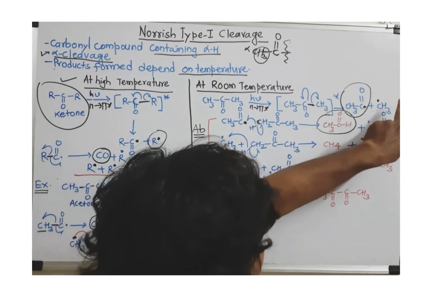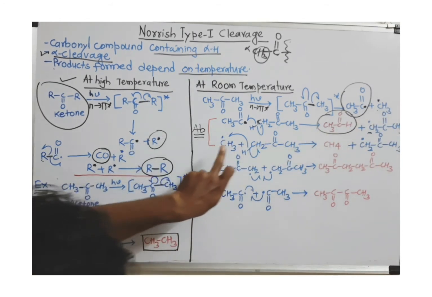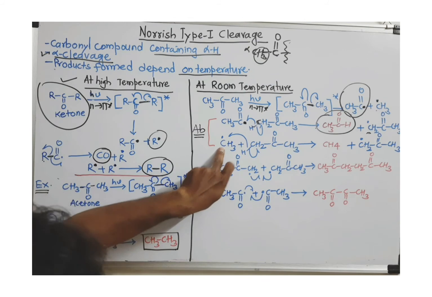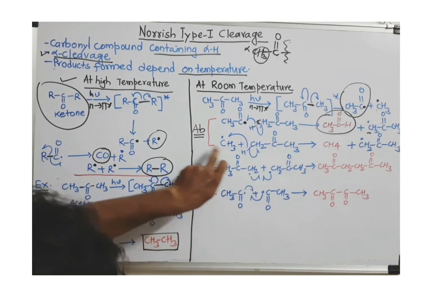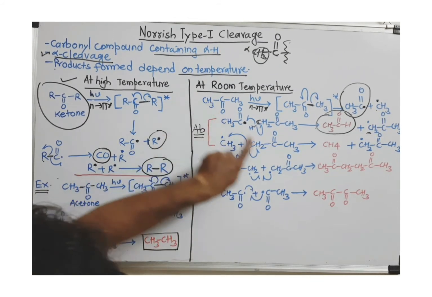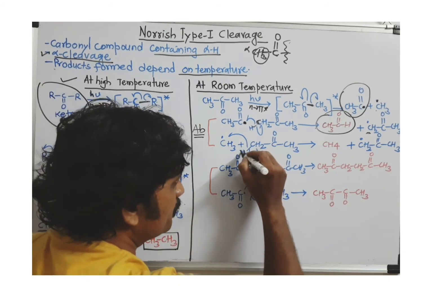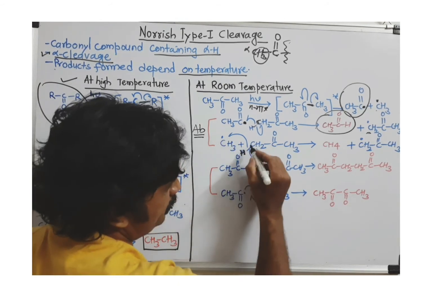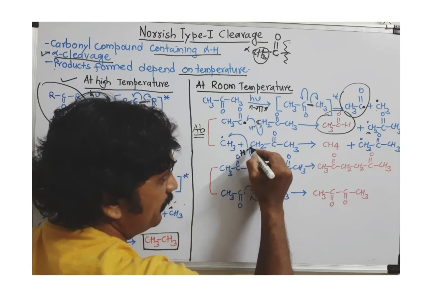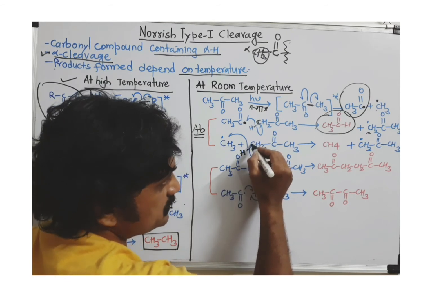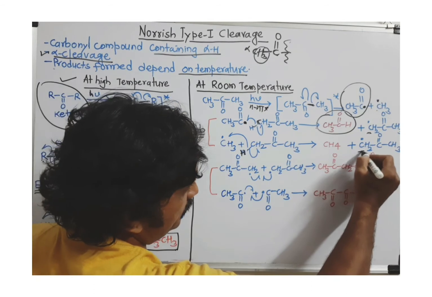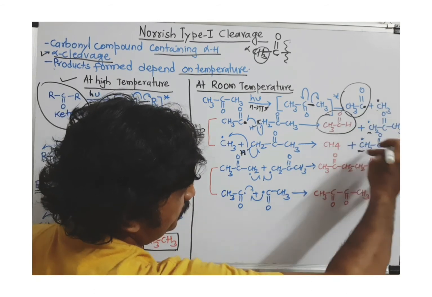Again, whatever free radical is formed here, doing the same kind of reaction. This time you take that one. Abstraction of a proton from a fresh molecule. Abstraction of a proton means taking away one proton with one electron from this bond, and one electron goes on this carbon. So now you get another free radical.